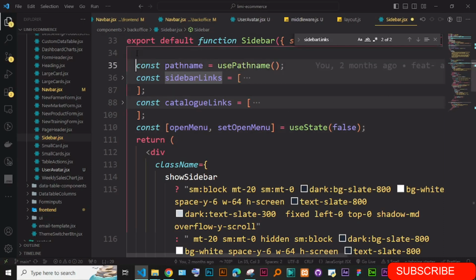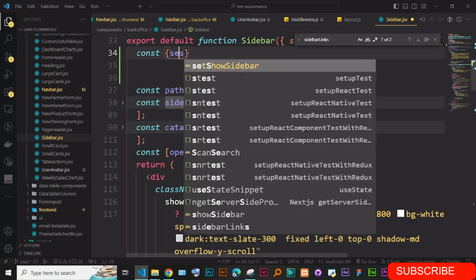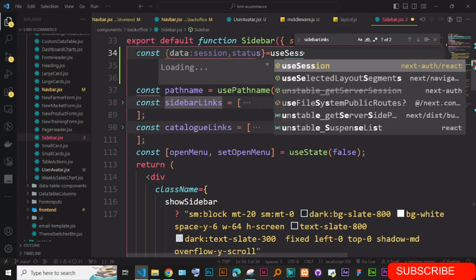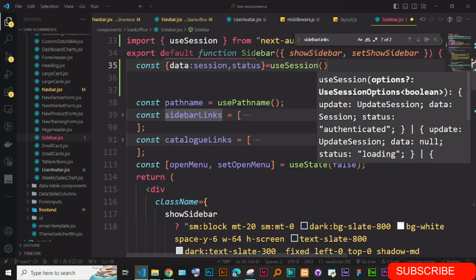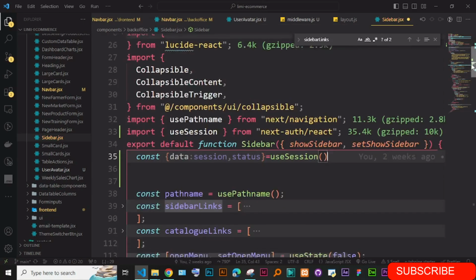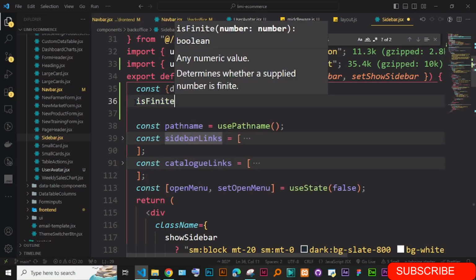we can just go ahead and get the user here. So const, let's get session and or status, and just going to say is equal to useSession. Okay, and when you do that, of course, it is already, I think, use client. Okay, and then you can just say if status,